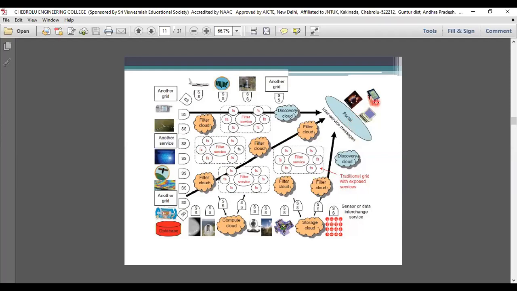So I want to go here. I am processing the data and I will get the information from this filter cloud. What this represents is the next step I want to take here. What I have to perform will be done here. So it is taking sensor services, then filter services, and also filter clouds, discovery clouds, compute cloud, and storage cloud. It also uses several devices to connect and process the data: satellites, and then databases. All these things are used when you are dealing with this. Grids are also used here. This is the grid format now. When you are dealing with all these things, it is a problem.